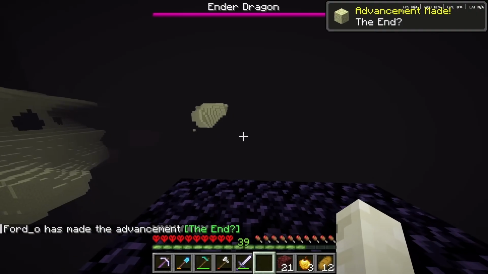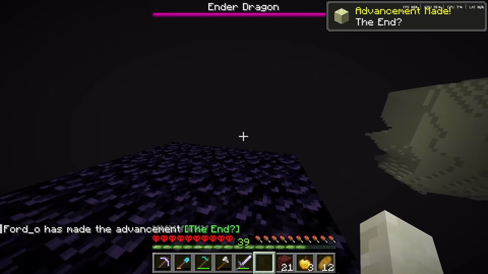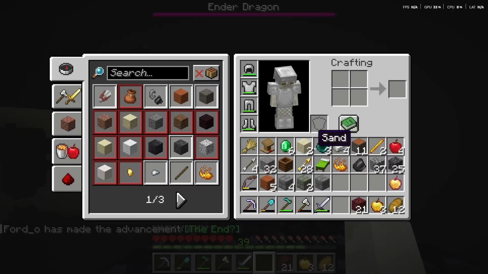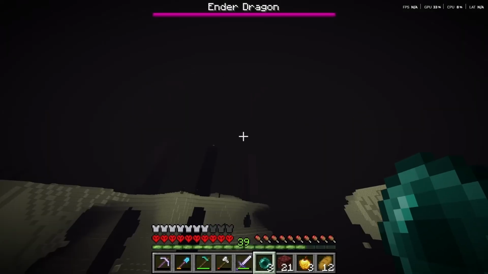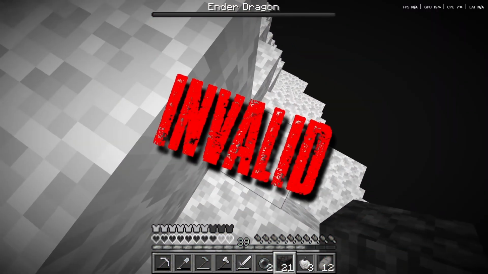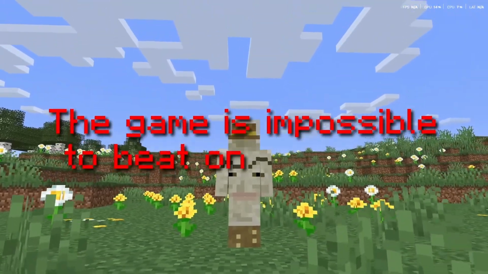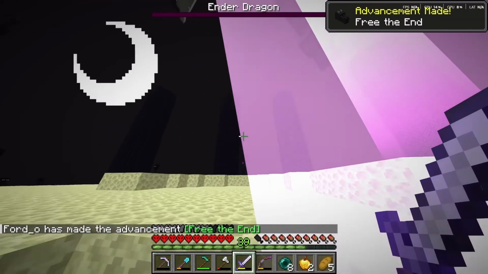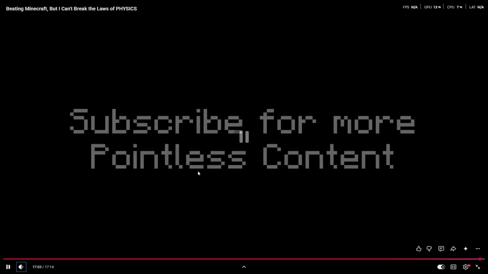As you can see, we spawned on a platform with no connection to the main end island, which meant that the only way for me to reach the dragon and beat the game was to either break gravity by bridging or break the law of relativity by throwing a pearl. So this run is actually invalid, and it's impossible to beat the game without breaking physics on this specific seed. But it really doesn't matter because the ender dragon doesn't drop anything and it breaks the law of conservation, so this video is pointless. That was an insane ending by him.